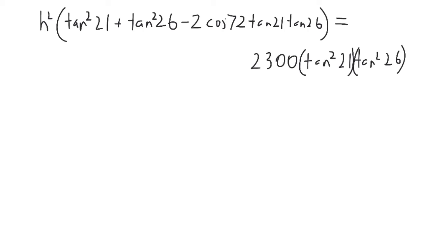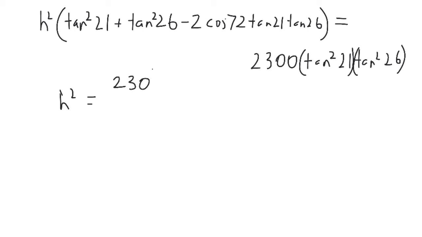But what we will end up with now is this huge expression here. It's not that the number is too large, it's actually that the expression is very, very large. So we need to divide by that whole number. Again, tan 21, tan 26, and therefore tan squared 21, tan squared 26 are just numbers, same as cosine 72. So this in here is just a very long-winded way of writing a number. So we're going to end up with h squared is equal to